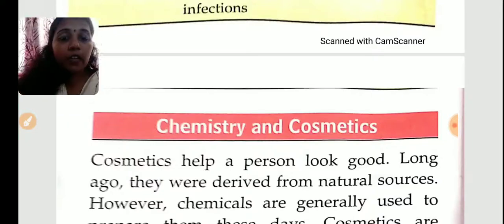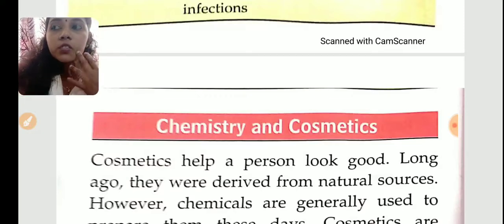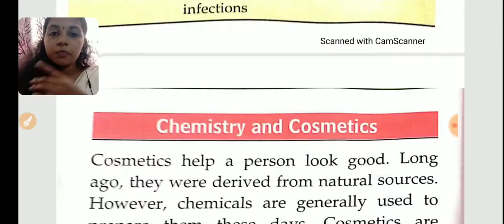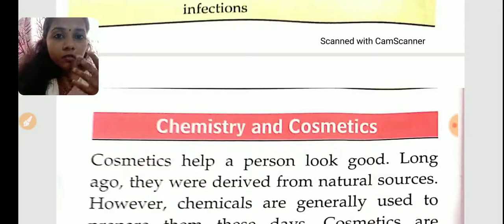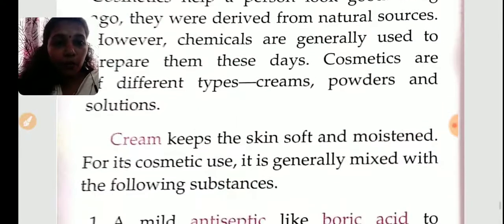Okay, we know that some girls, some women, or some gents who are continuously using some creams or other chemicals on their skin, slowly their skin will start to get damaged. When they become more than 30 or 35 years old, their skin will start to age, or some pimples or some defects will appear on their skin because of the chemicals present in it. That means all these cosmetics contain chemicals. That means chemistry is present everywhere. Okay, that is what we are going to study.